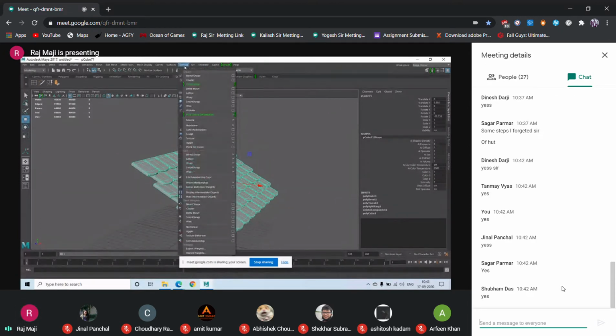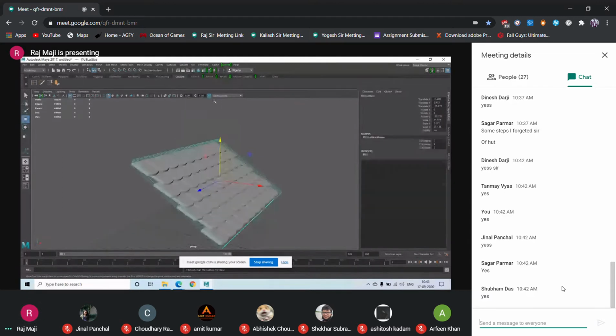I think it is not the right time to show you the deformers, but still, for the need of the project, I'm showing you. Going to the deform, I'll come back to these options later on. So today I'm showing you only one option, and that is called lattice. So I'm adding lattice to it.